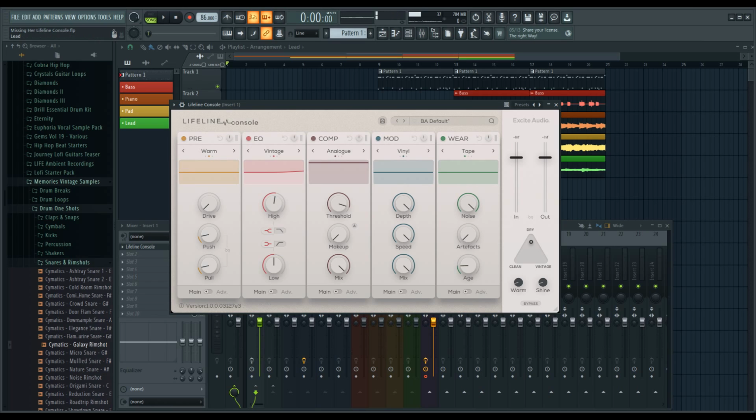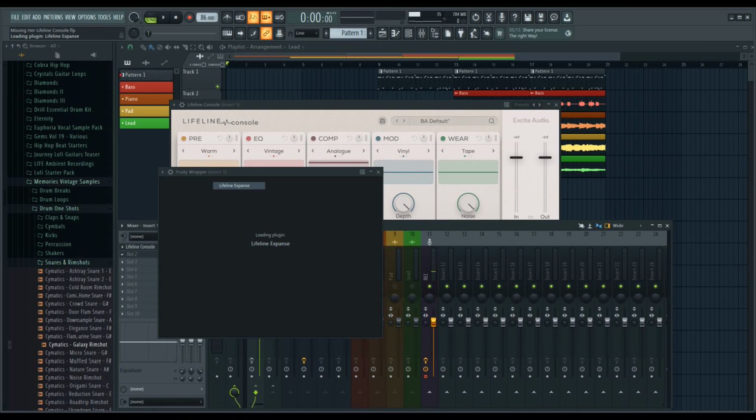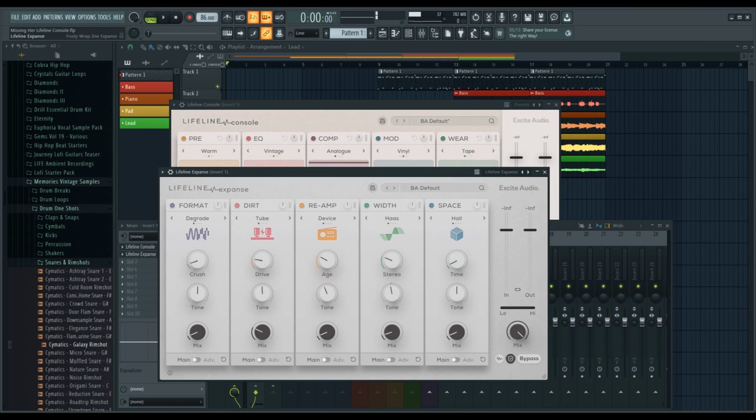What is Lifeline Console? Well, it's a 5 effect plugin. It's very powerful. It's basically a sequel to Lifeline Expanse, but with just different effects. Lifeline Expanse, you notice if you look, it's so similar. So the sequel is, I mean, it was, but it really isn't. And all these other